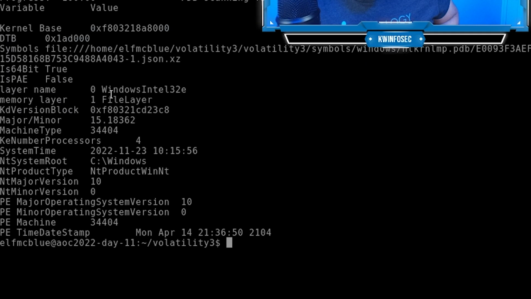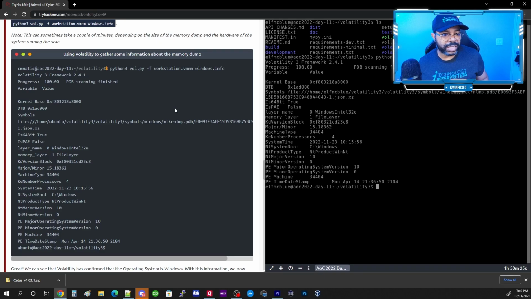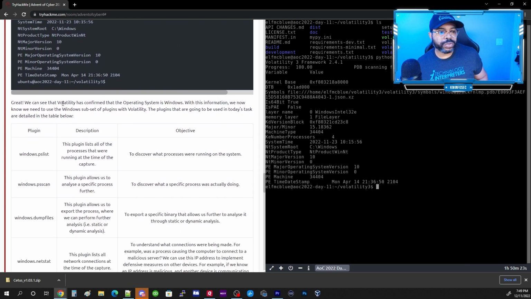What are we seeing? So Windows Intel 32E is going to be layer name, memory name, system root, product type NT. So which of these variables are we going to use? So great, we can see volatility has confirmed that the system is Windows. With this information, we now